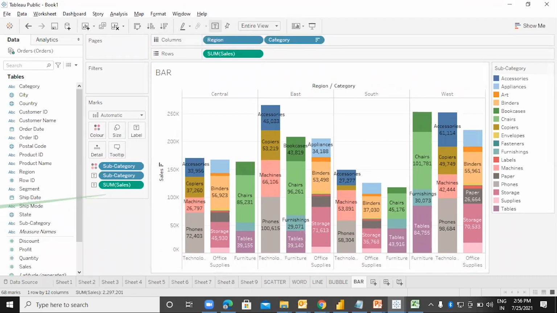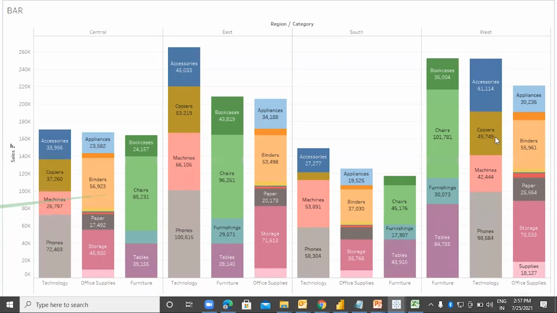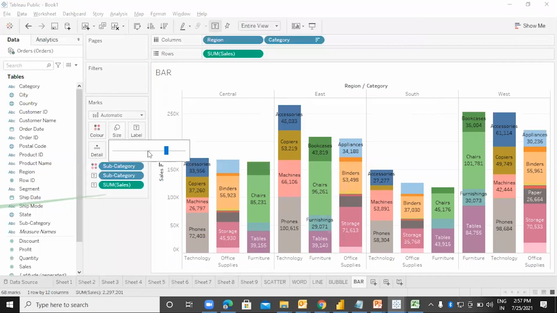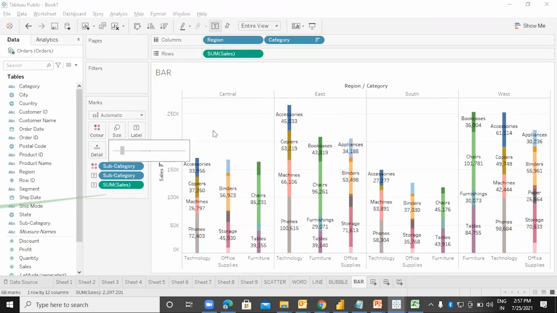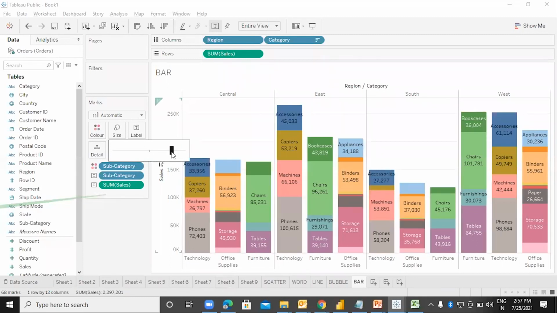And here is your bar chart. If you don't want this card, make it a habit, always remove the unwanted cards. And this is the bar chart appearing over here. If you want to increase or decrease the size of the bar, you can use this. So here is a bar chart.